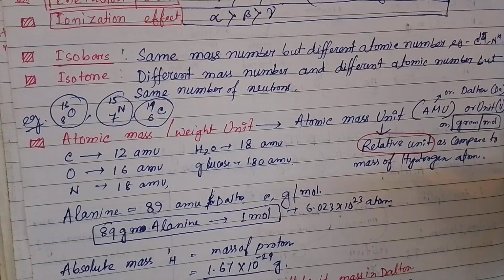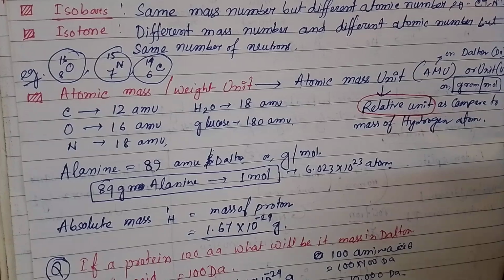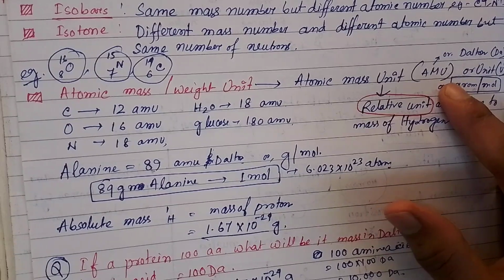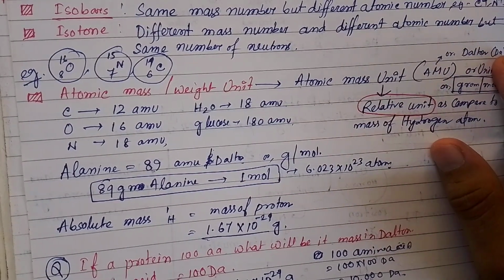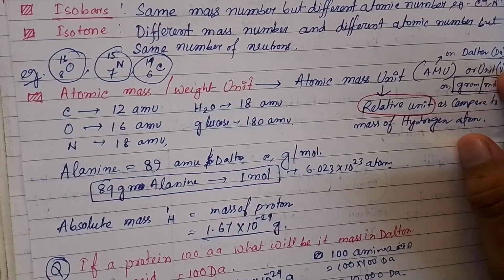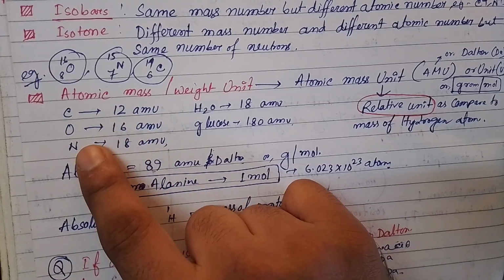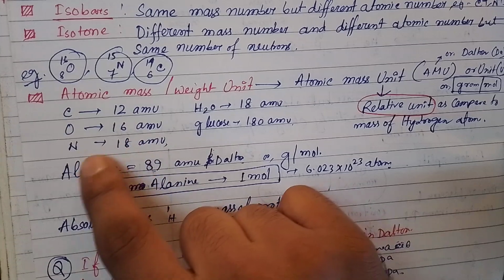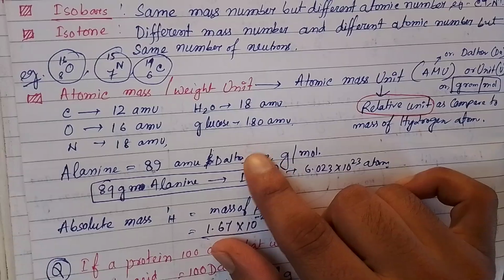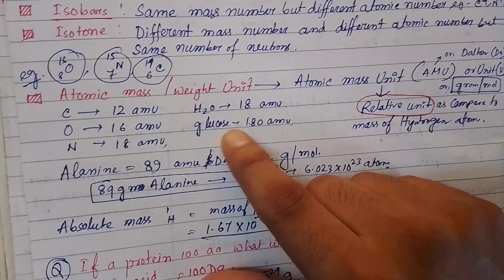Now we go to some atomic mass, because we will cover two first, otherwise it will not be completed properly. The atomic mass unit is the Dalton, or AMU, and somewhere it is also written as U. Carbon is 12 AMU, or you can call it Dalton (Da), oxygen is 16 AMU, nitrogen is 18 AMU. As an example, water is H2O: 2H is 2 plus 16, that will be 18, and along with glucose it will be